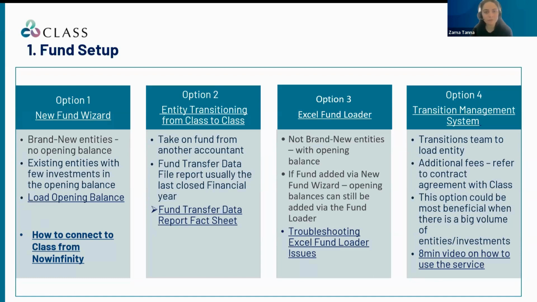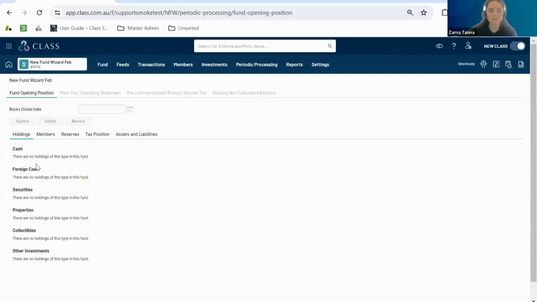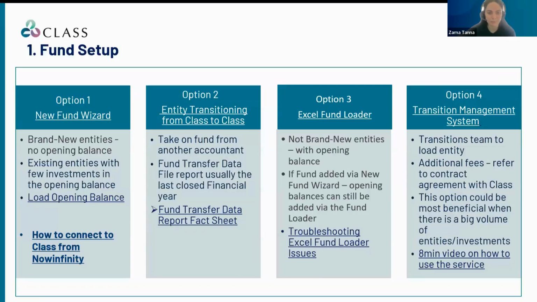the title of the members, if the fund is registered for GST or not, and just to enter the fund code and the brand code that you would like to load the fund under, and just hit on add to Class. And that's also going to load your fund, similar to the new fund wizard functionality from your Now Infinity software. Option number two is if you are taking on a fund from a previous accountant who used Class software,